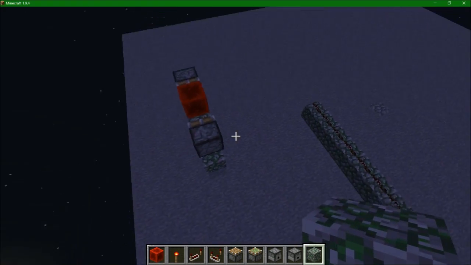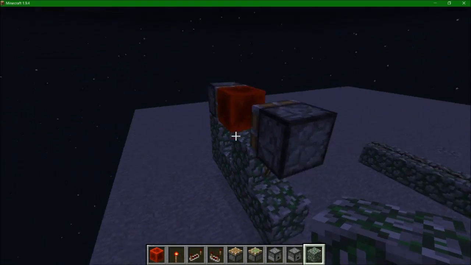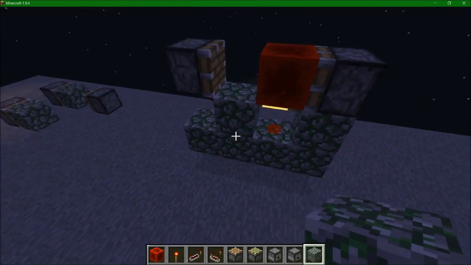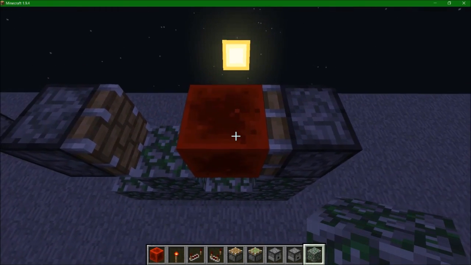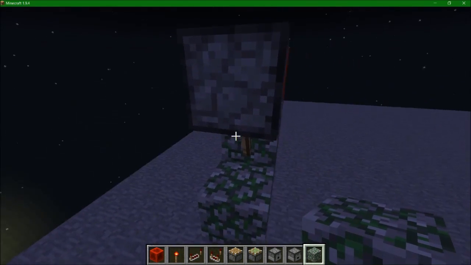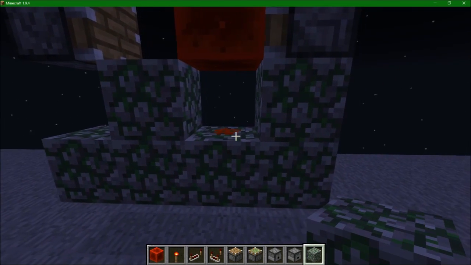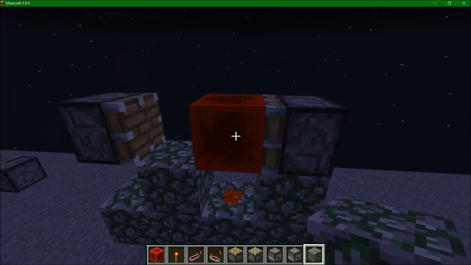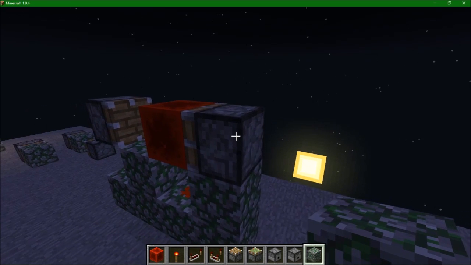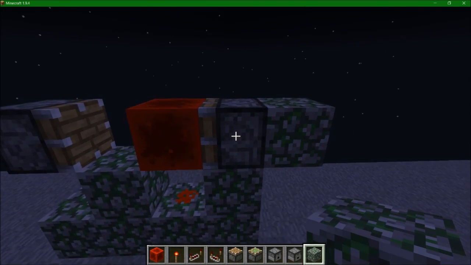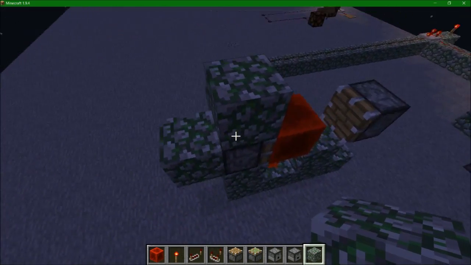Alright, so this is the last thing of this tutorial, and I'm going to show you the block update detector. One simple one. This is a sticky piston right here, and it has a normal piston right here, as well as a redstone torch down here, which is deactivated by this redstone. And this redstone is activated by the redstone block, which is always activated. So whenever you place a block here, it allows an update behind or beside. It can be from any side of it,